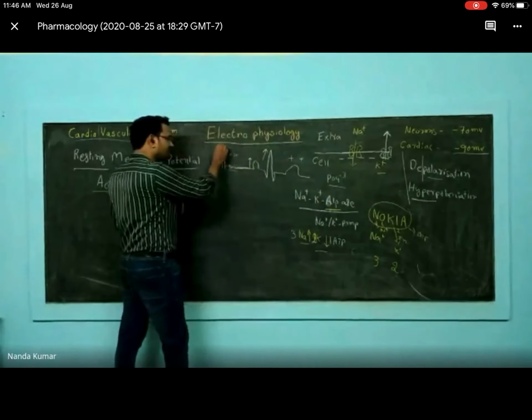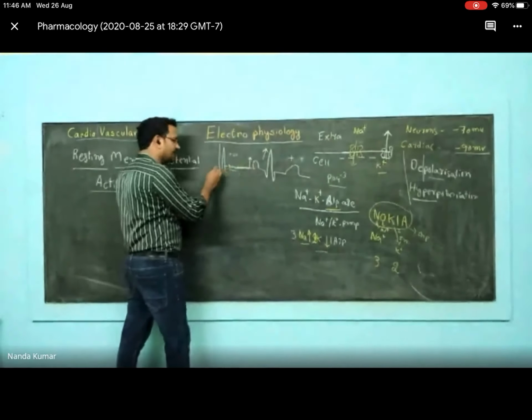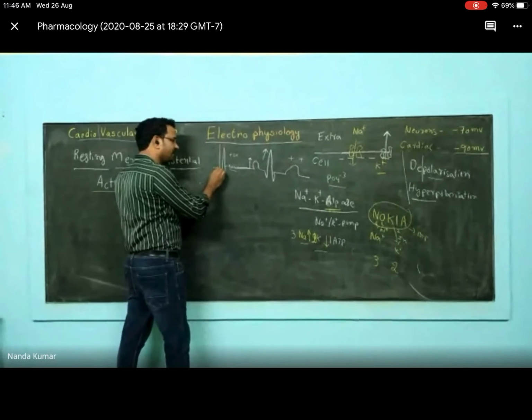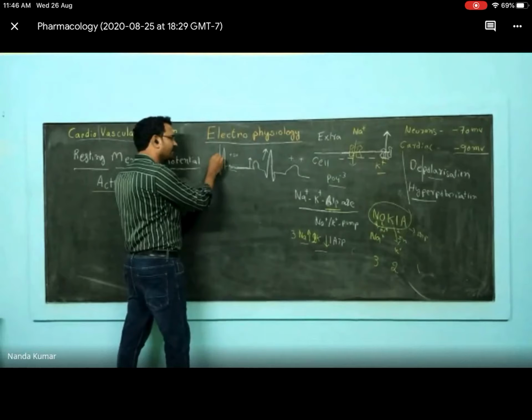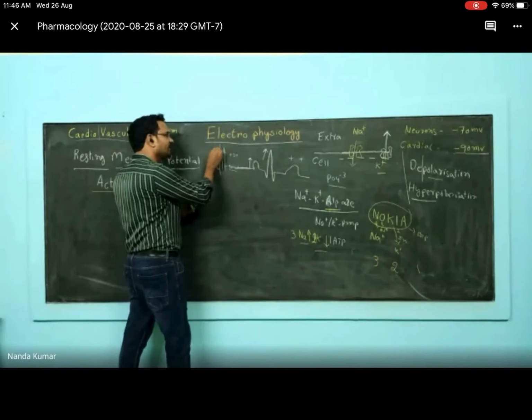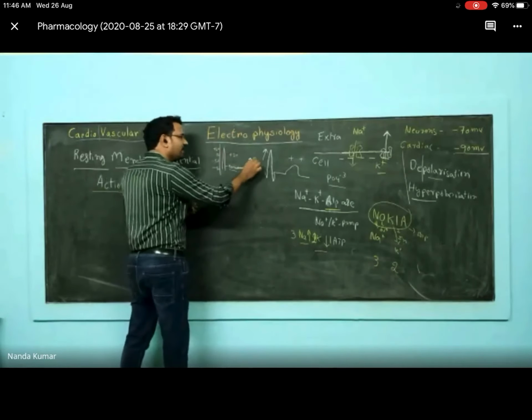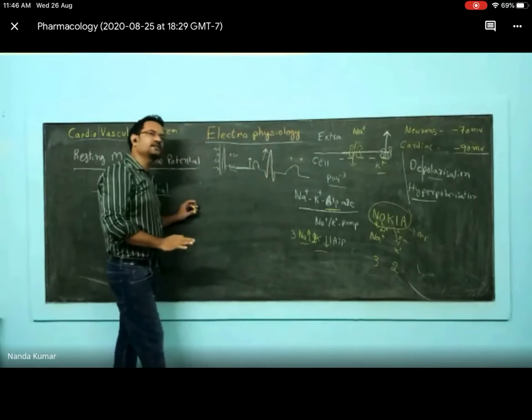So this ECG graph is plotted on a scale. This baseline is minus 90 millivolt. It goes to minus 50, 0, and then plus 20 millivolts. And the spikes will indicate how the depolarization has occurred.